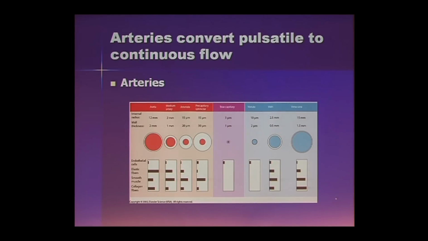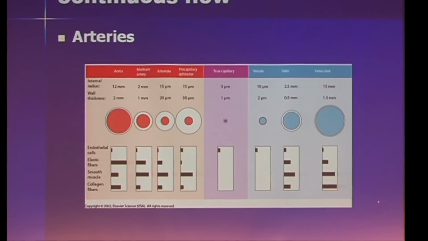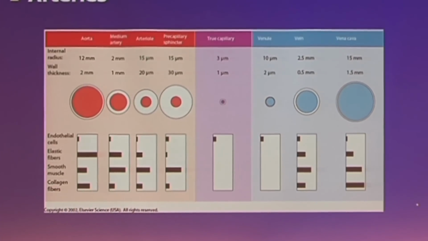This is the answer to what happens and why we can do this. Why do our arteries distend? If you take a look, this is the aorta right here. Take a look at what the aorta is comprised of, the wall of the aorta. Endothelial cells you're going to see across the whole system. Every single blood vessel has endothelial cells. Those are nice little smooth, thin cells that line the inside of the blood vessel.